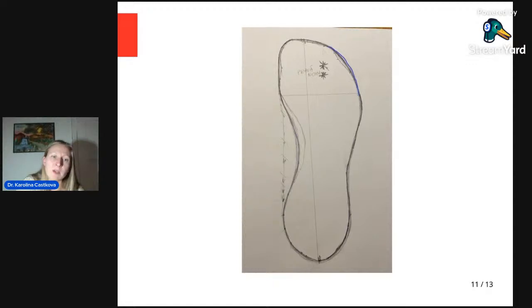And here is just the question, if he or she will wear toe separators. In that case,